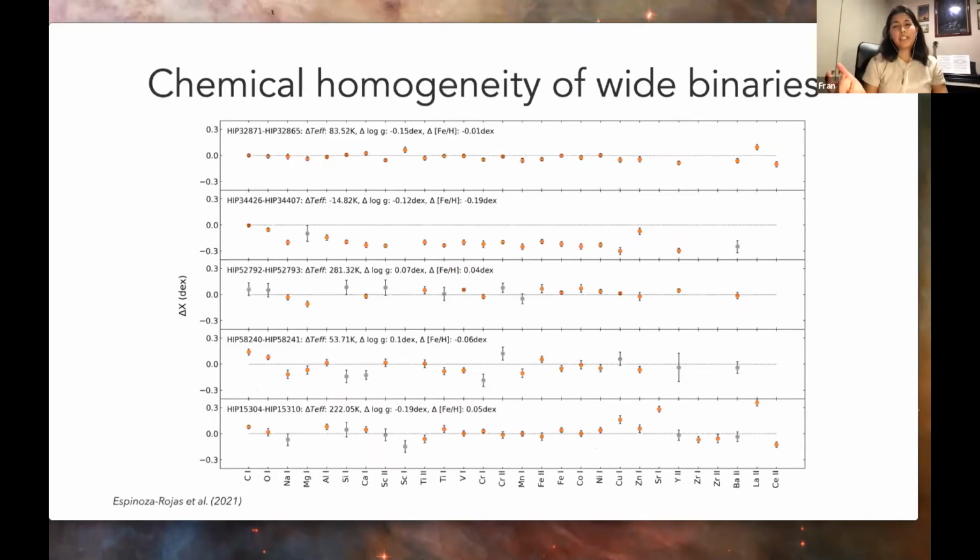First, in this work, we address the chemical homogeneity of wide binaries because it can give us evidence of their common origin. We found that, in fact, they have very similar compositions within 0.1 dex, which is in very good agreement with what other works have found. Also, we recovered the results of Ivan Ramirez about an extremely unique system with chemical differences of about 0.2 dex in almost all of the elements, which is very weird. I need you to remember this system in just a couple more minutes, okay?